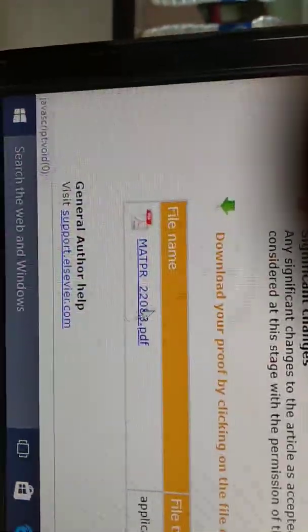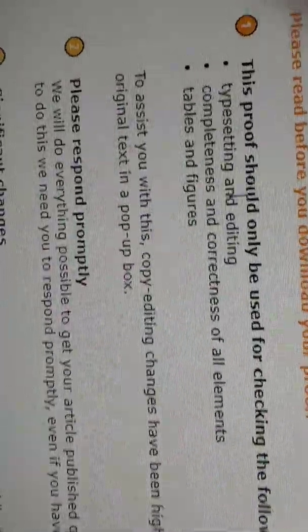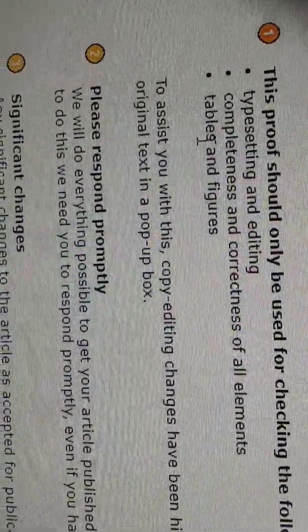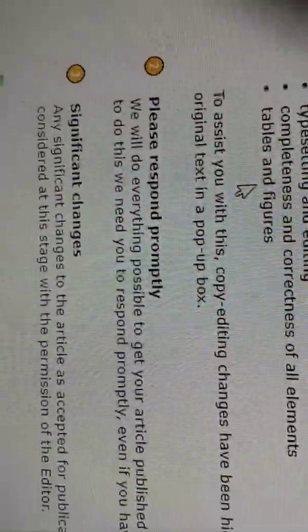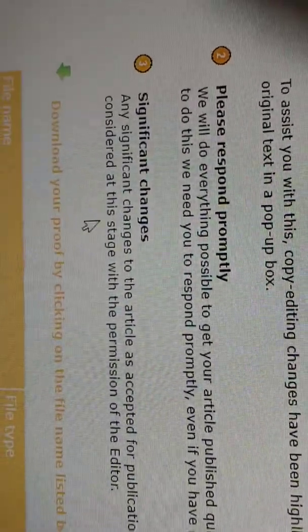You have to click on this one. I'll read this: this proof should only be used for checking the following: typesetting and editing, completeness, correctness of the text, tables and figures. Please respond promptly with any significant changes.